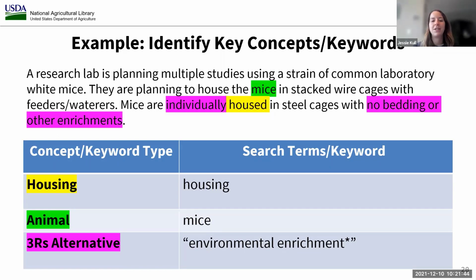And again, the reason I picked these 3 topic areas is because I'm looking for ways to improve the animal's environment. So I need to include words relating to housing, I need to include terms related to mouse, and then of course, housing alternatives. I also can't just use one term for each concept because there's going to be a ton of different ways to refer to housing or the animal, such as mouse or also murine. If I don't include all the synonymous terms, I'm likely going to miss a lot of valuable information because not all scientists use the same terms to refer to the same thing. So I hope that makes sense. We'll go through more synonymous terms in a second.